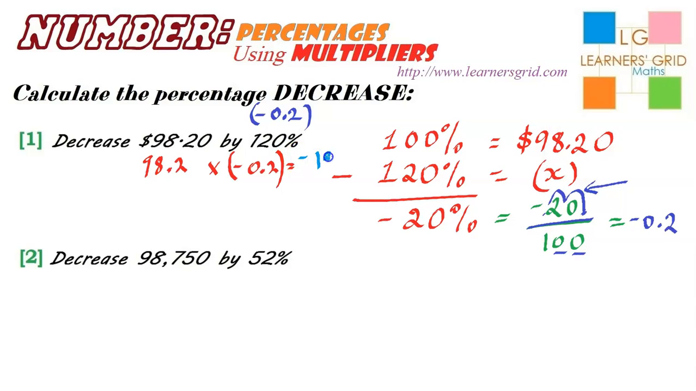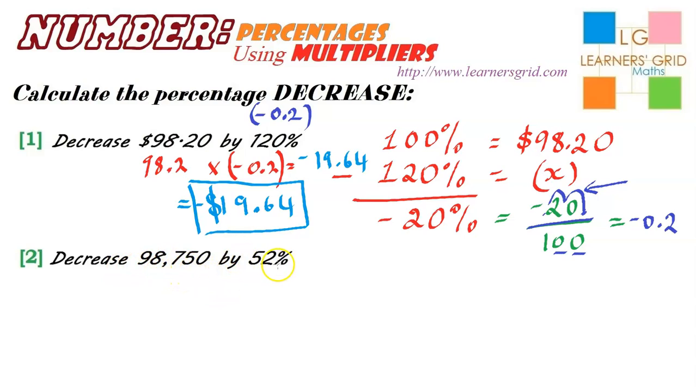The final answer is 19.64, but it's negative and it's dollars. So in the real world, this would be like you're in debt by minus $19.64. Moving on to question number 2, we have decrease